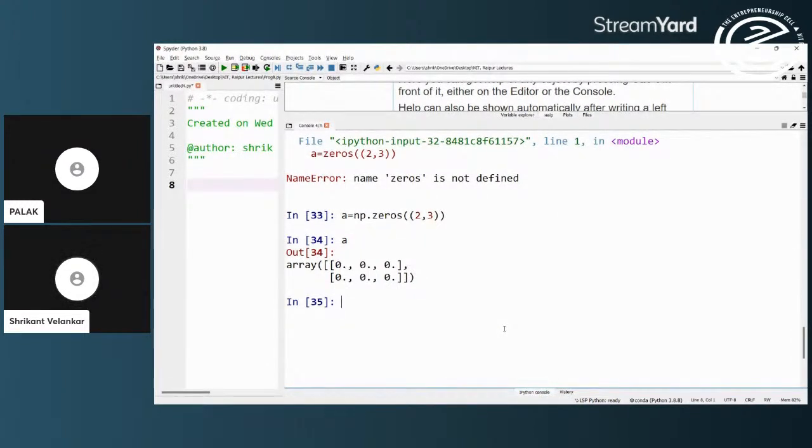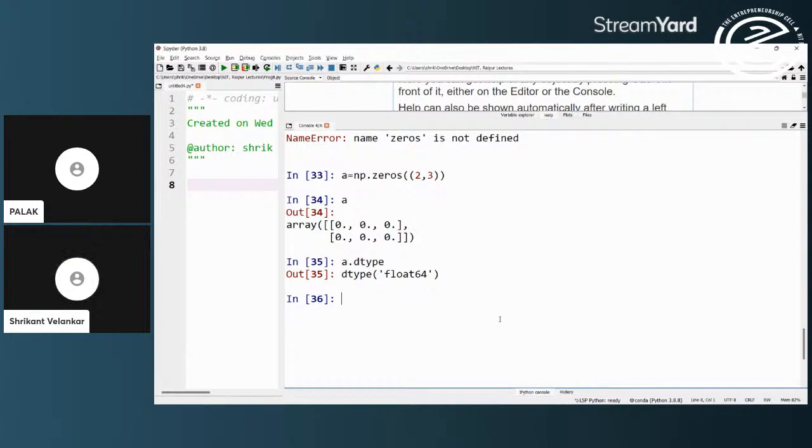See the difference. It is generating those arrays with floating point numbers. We can say dtype to be integer. But here, if you ask what is the dtype of A, it will say that it is float64. So generally, because it is a number crunching package, integers are 4 byte, and floating point numbers are even bigger, 8 byte storage. That is 64-bit storage that is being provided in there.